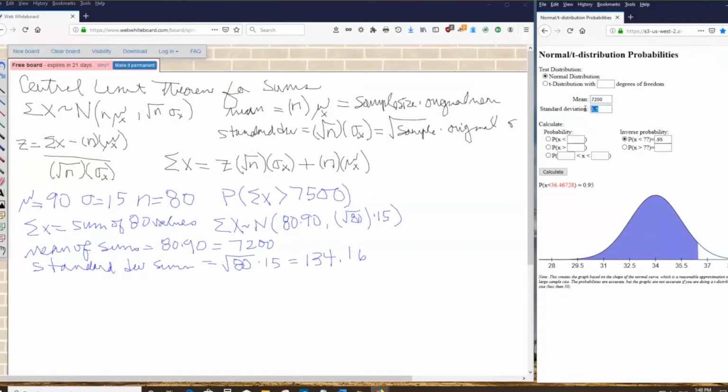Standard deviation is going to be 134.16. Then I'm going to find the probability that x is greater than 7,500. Go ahead and take this one off and hit calculate,